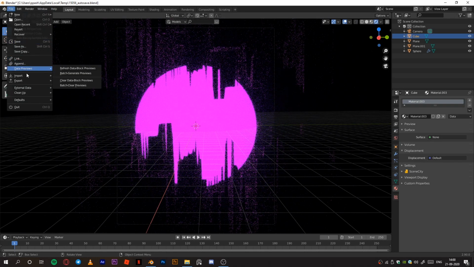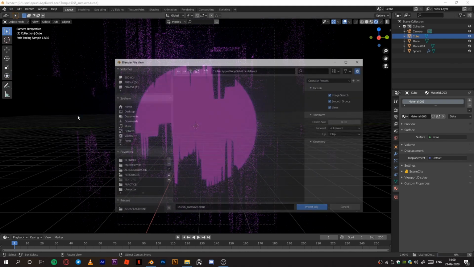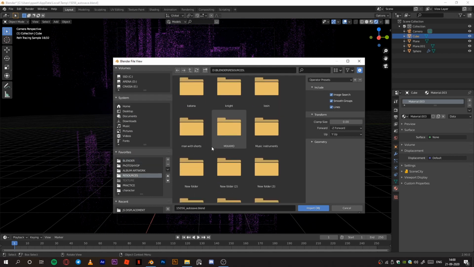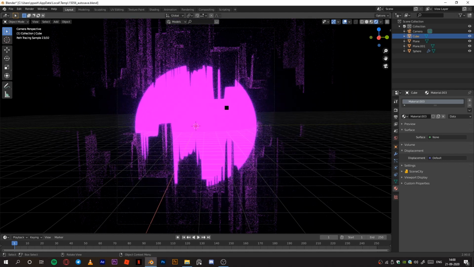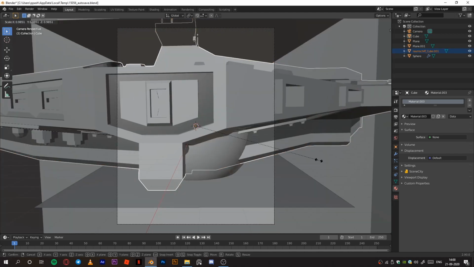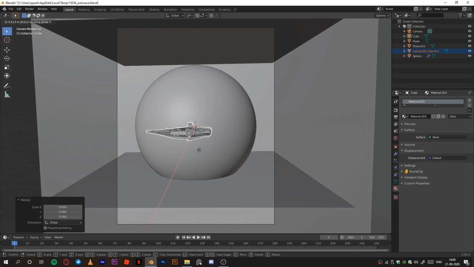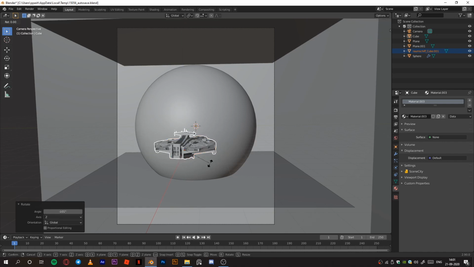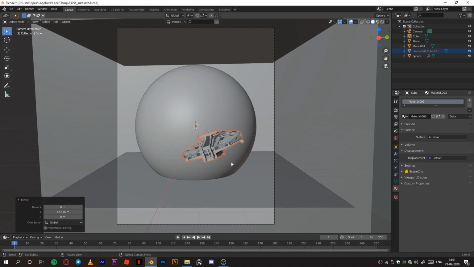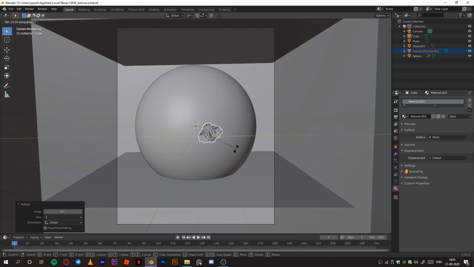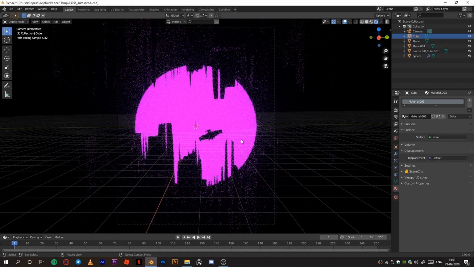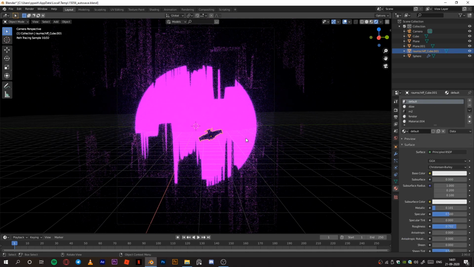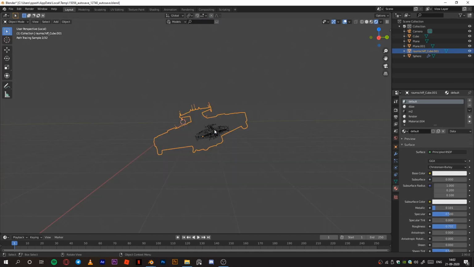I will add the spaceship so that it adds a story to the scene. I will link it below in the description. So let me resize it. Okay, so now I will isolate the ship from the scene for a while,